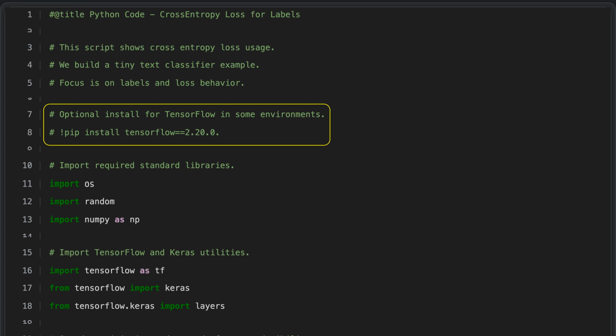In some setups, you may need to install TensorFlow before running your code. A comment in the script can remind you how to do this by showing a pip command for installing a specific TensorFlow version. This comment is not meant to be executed as code, but simply to guide you in preparing